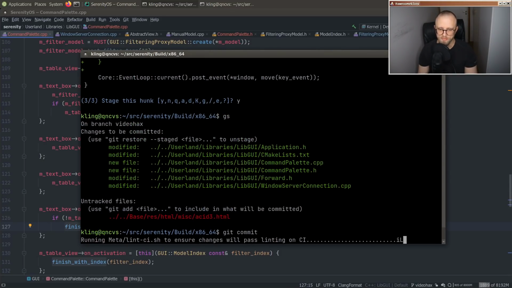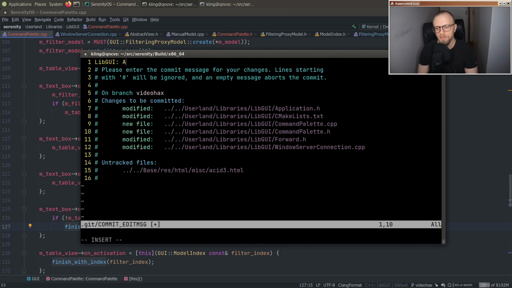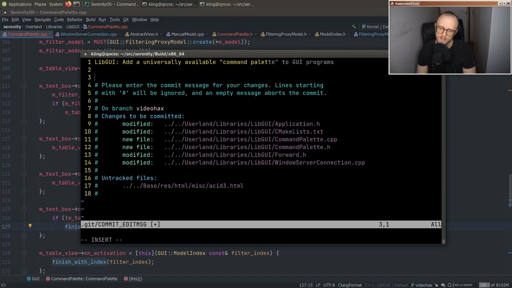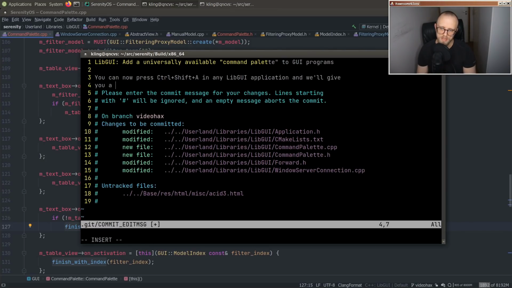So, add a universally available command palette to GUI programs. You can now press Control-Shift-A in any libGUI application, and we'll give you a command palette dialog